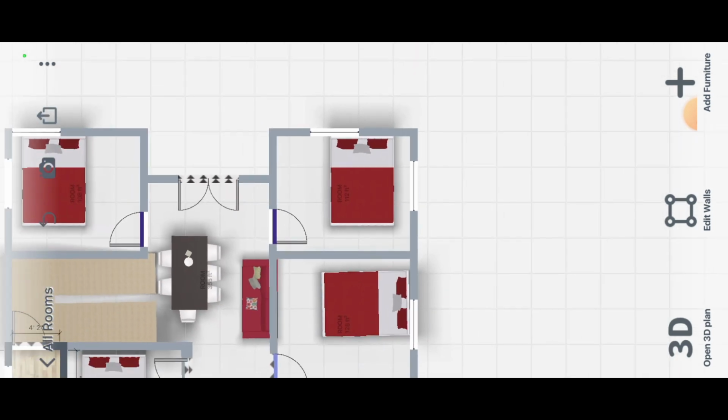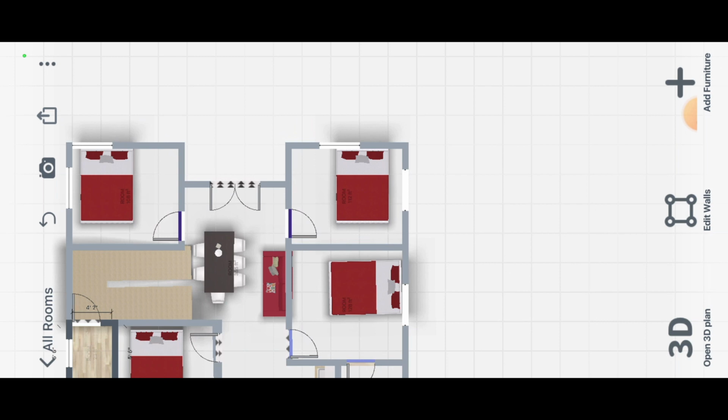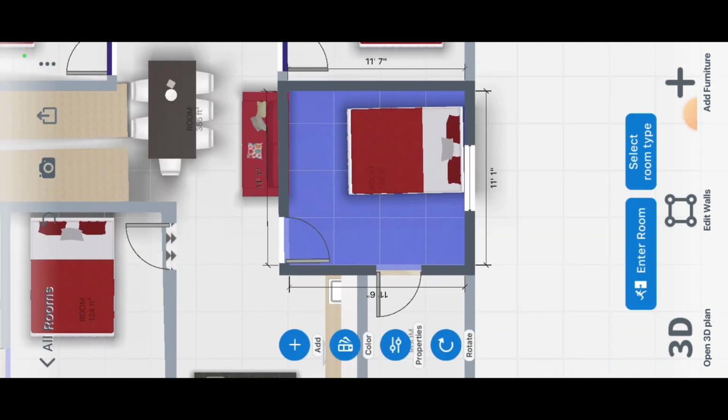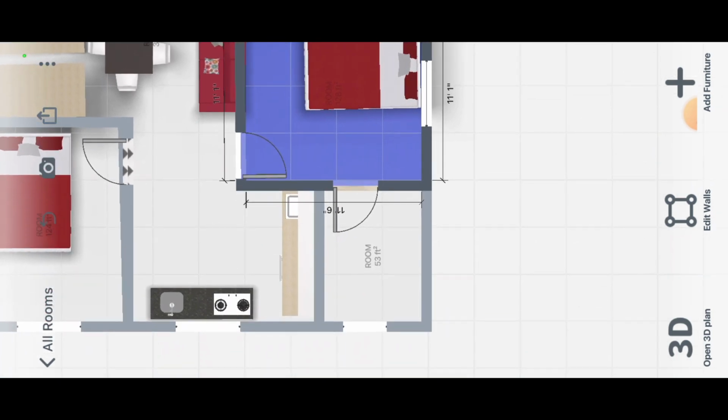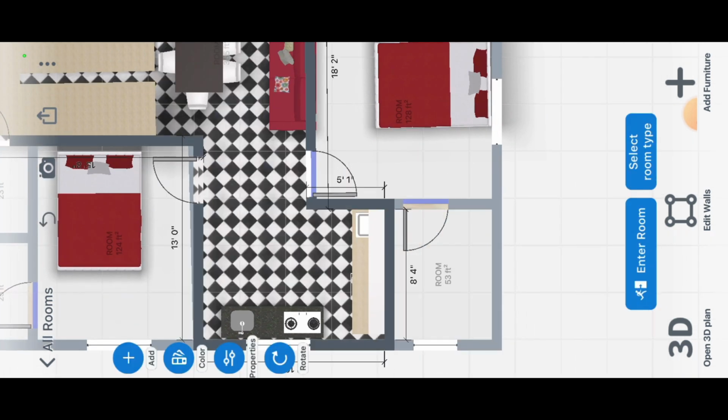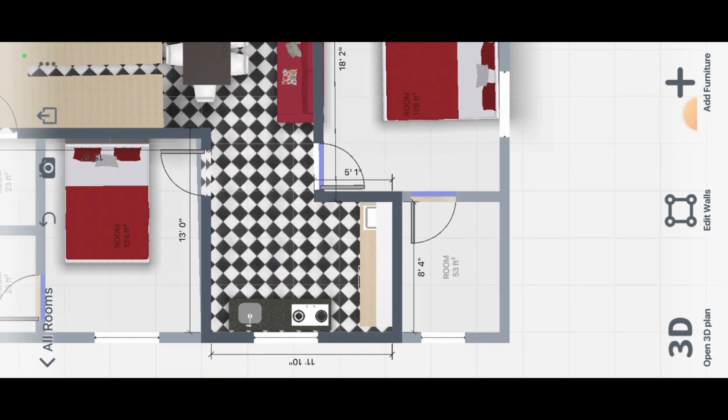Then you come here, left hand, one bedroom with attached toilet. This bedroom is 11 feet 1 inch and 11 feet 6 inch. That bedroom's attached toilet is 8 feet 4 inch into 6 feet 4 inch. There is, together nearby, the